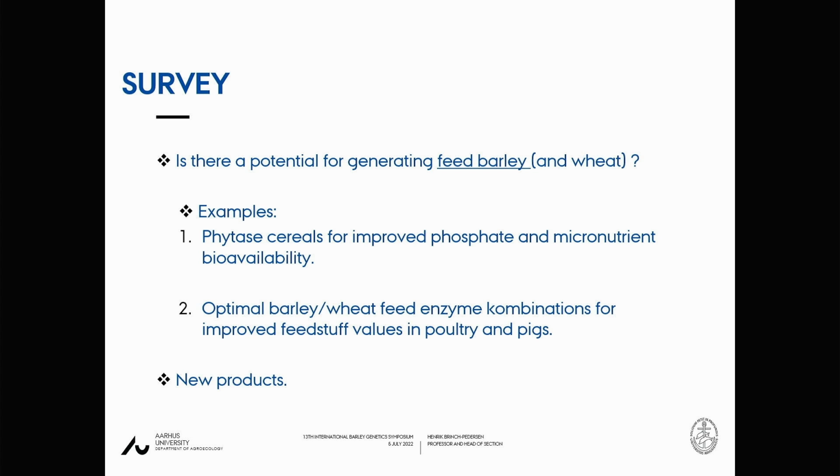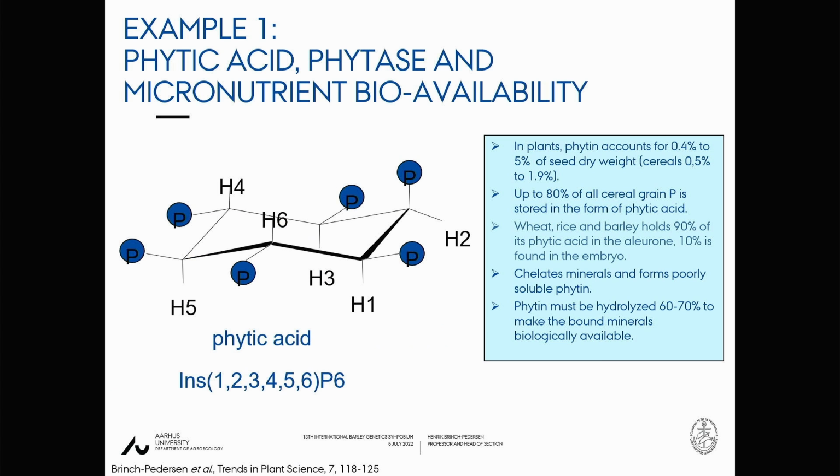I have to confess that I will use a couple of examples from wheat, and that is because the feeding trials are mostly done in poultry, and they're not super happy with the barley. So there we have used wheat, but barley is very much in focus of what we're doing. So the first example is on